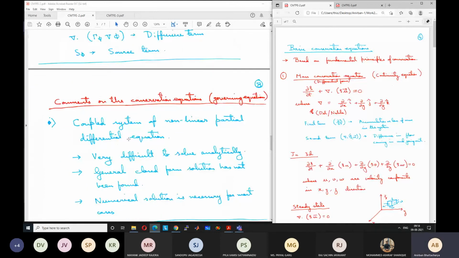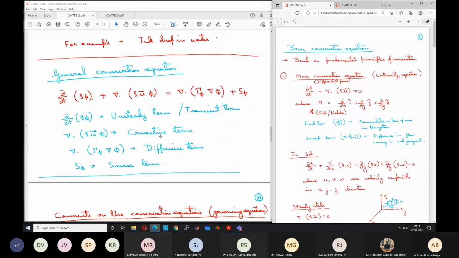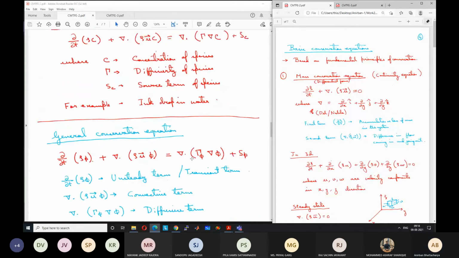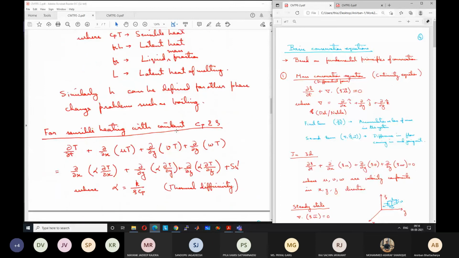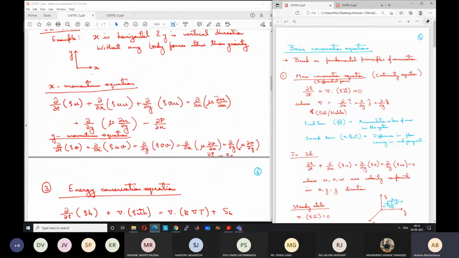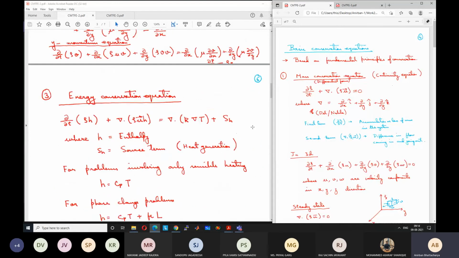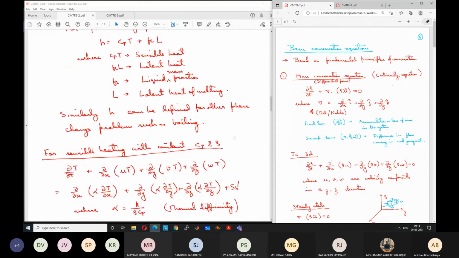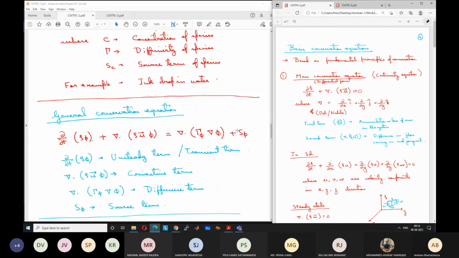They are coupled also, because, for example, the temperature equation has velocity terms within it. So without knowing the velocity, you cannot solve the temperature. Similarly, the u velocity equation has v velocity magnitudes in it. Without knowing the v velocity, you cannot solve the u velocity. Similarly, the v velocity equation has u velocity. So these are coupled, and they need to be solved together. Otherwise, you cannot find the correct result.